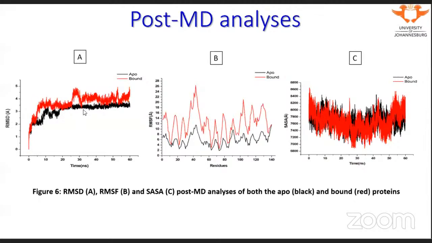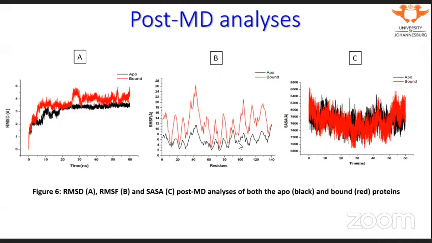The protein did reach some rudimentary form of stabilization post 13 nanoseconds. However, this was not as stable as the apoprotein, which can be seen there in black. The RMSF over here, represented by figure 6b, indicated large fluctuations in the positions of each of the residues of the protein, with an average change from 5.93 angstroms before binding to 12.07 angstroms after binding of the inhibitor, providing an indication that the protein no longer conformed to its native 3D structure, and thus would not be able to